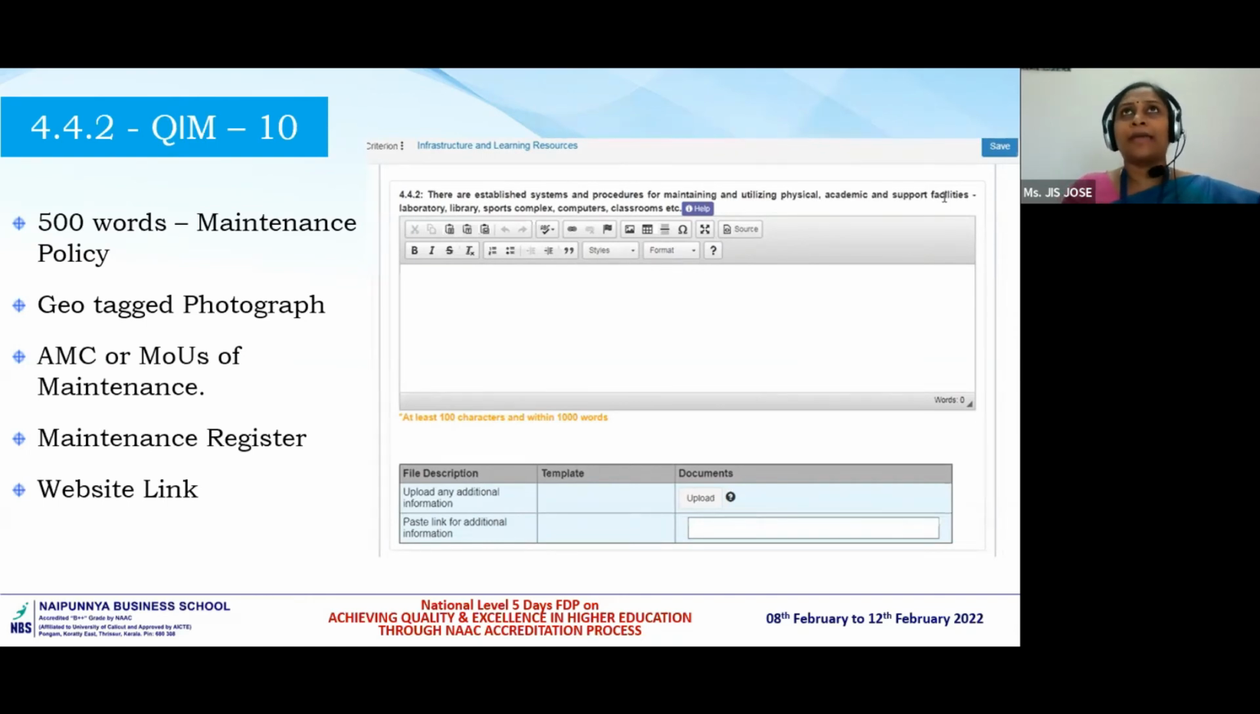You are having your library, maybe lab, workshop, maybe some kind of IT facilities. All these facilities should be properly maintained. And your housekeeping sessions and your campus lawn, everything is there in your institution. So you have to make a maintenance policy for each of these facilities, otherwise the quality of these facilities will come down. So for that you have to give a 1,000-word explanation